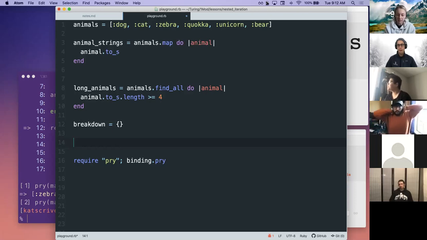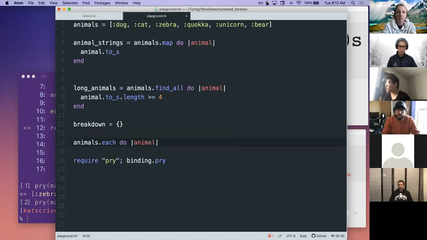And then I don't know if this step was necessary, but I created a new variable and did equal my iteration. I call it third iteration equals, and then I start animals each. Oh, okay. Yeah, if you're just using a dot each, we don't need to store that into a variable, because remember, dot each just returns that original collection. So we can just skip the variable piece. Cool. So animals.each do animal,